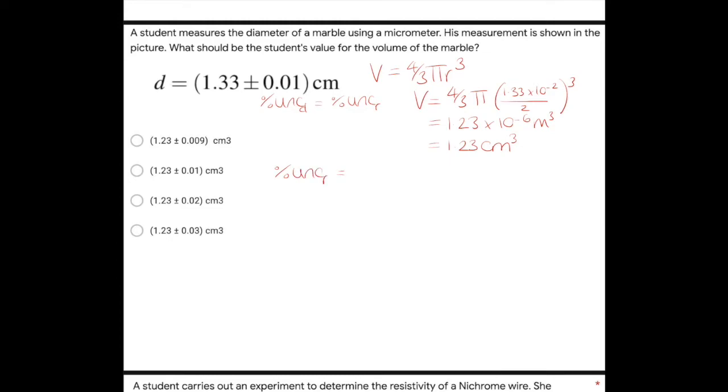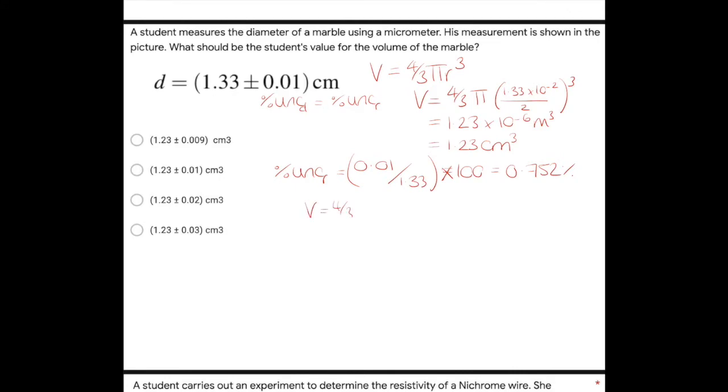If we then work out the percentage uncertainty in R, we take that to be exactly as it was for D, so 0.01 divided by 1.33 times by 100, which gives us a value of 0.752%. Okay, in this case, because our volume is 4/3, which has got no error associated with it, pi, which has got no error associated with it, but then we've got 1, 2, 3 lots of R, then our total percentage uncertainty is